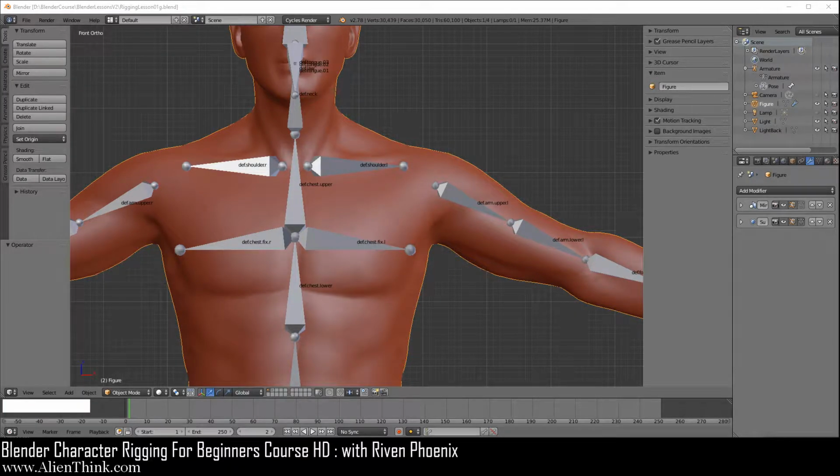Okay, so to continue on from the previous lesson, as you've seen so far, when it comes to rigging your characters, the process is actually pretty straightforward. All we really have to do is create the vertex groups with the same name as the bones and then simply assign the vertices to these vertex groups that are surrounding these bones, right? So wherever the bone goes, the vertices will follow.